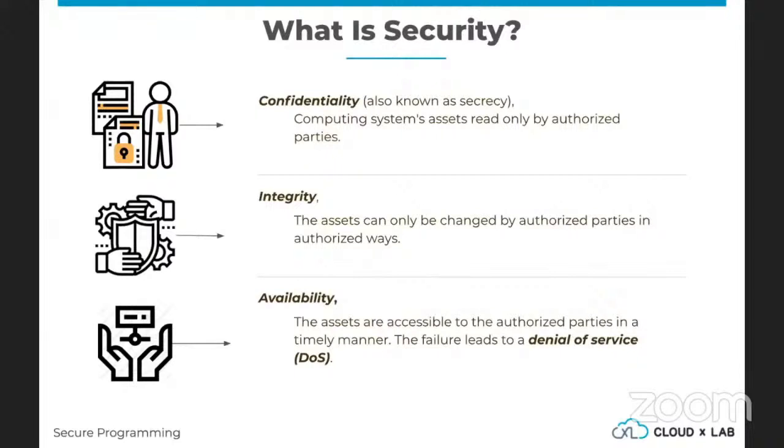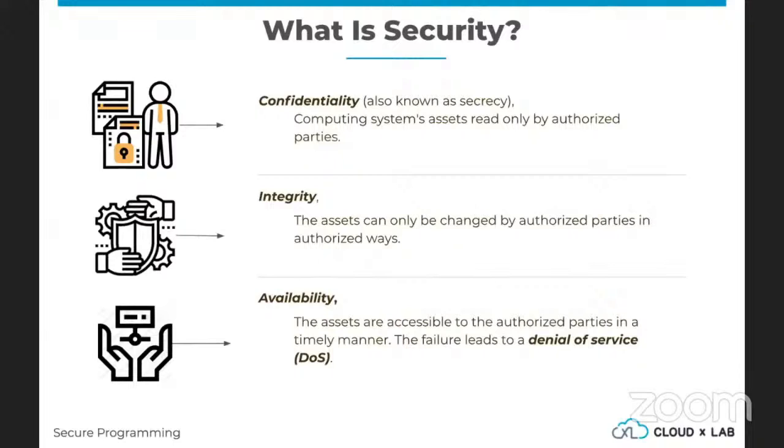The third one is a very interesting one. This third pillar of security came pretty late, and it is called availability. The assets should be accessible to authorized parties, as per confidentiality and integrity.